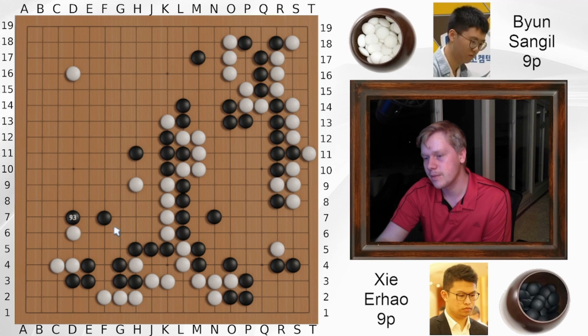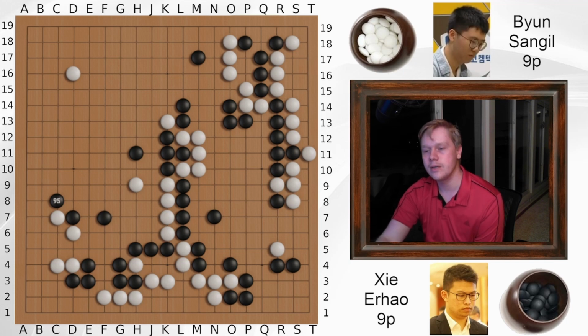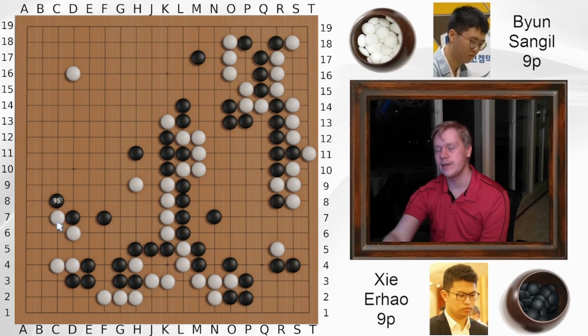And finally, black comes back to show his follow-up planned to that horse face move. And it was so nice. He played attachment and Hane like this. His idea was, I'm just going to limit this white group. I'm just going to restrict that white group from running. And it doesn't matter if I give white a lot of physical strength